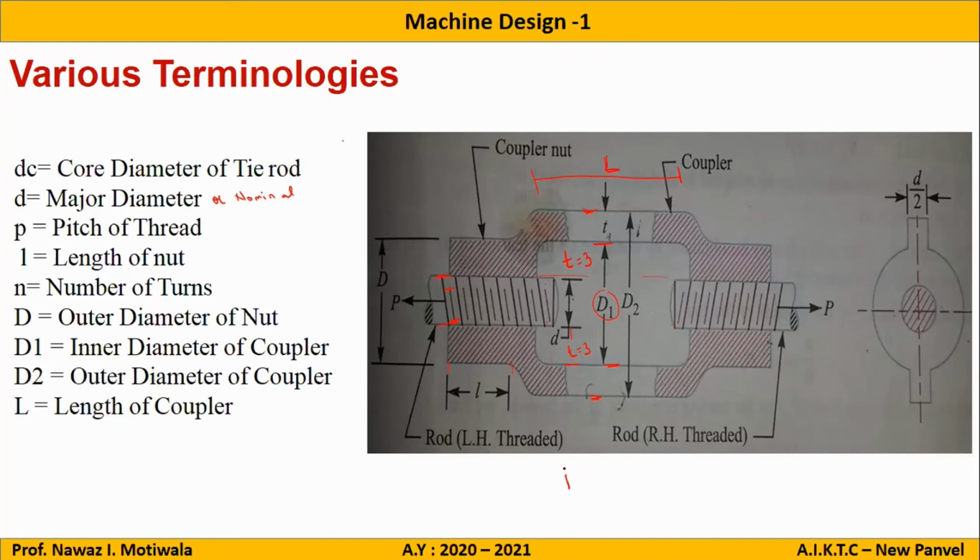So can I write like this? Capital D1 is equal to small d plus 2 times the thickness or 2 times the clearance, which is equal to D plus 6, if I assume the clearance to be 3 mm. Any doubts? No, sir. Again I repeat, this is not a fixed amount. You can take 2 mm clearance on each side, you can take 1.5, you can take 1, it is up to you how much clearance you provide. So for uniformity, I am just taking 3 on each side.